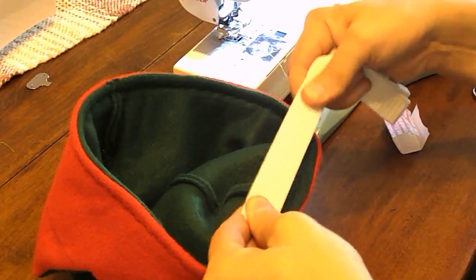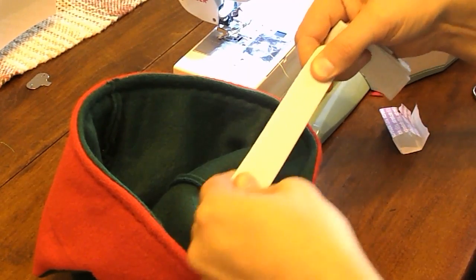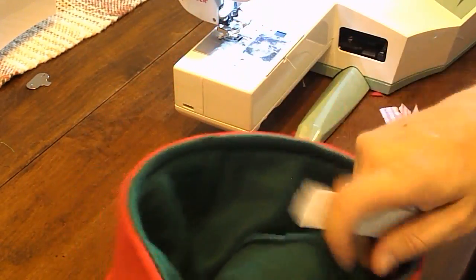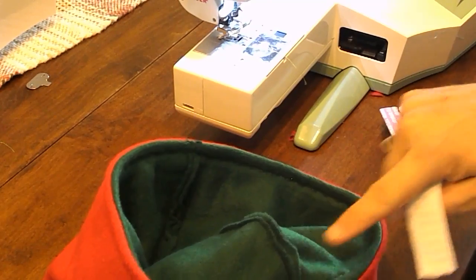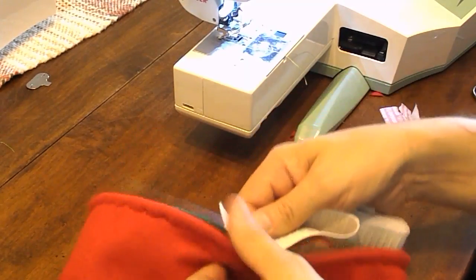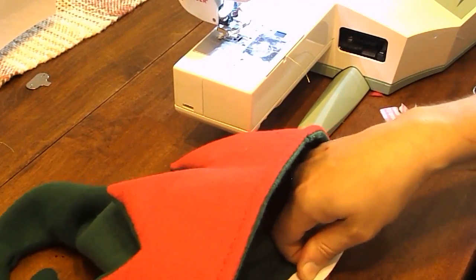And what I'll do is I'll take probably about maybe 4 or 5 inches, and I'll stretch that out. And before I even sew this red part down, before I even flip it, I'd put this just on this green inner part. Stitch it onto that. That way you don't see it stitched on. It would actually be on the inside underneath this decorative stitch. So you actually want to put this elastic band on before you do the decorative stitch and before you flip it. You want to put it on the inner side of the green part and stretch it out to its